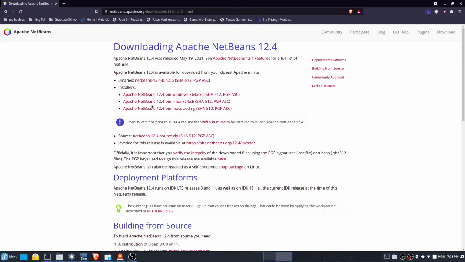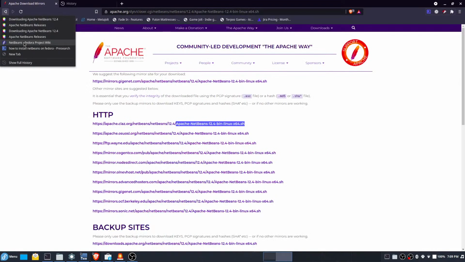If you guys are wondering, I'm basically copying the latest version of NetBeans. Okay, so I think it should be there, and it's not there.